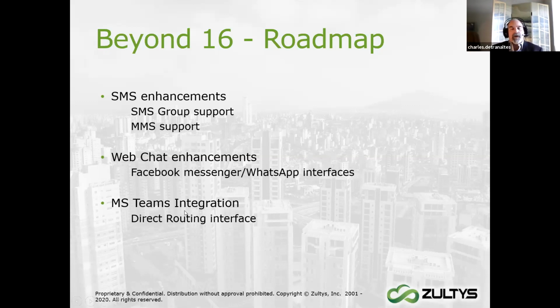So we are in the process of looking at a direct routing interface, how to make that happen, so that clients who want to utilize the UC capability of the Teams product, but want the voice capability inbound and outbound of Zultys, which is superior to MS Teams and most likely more cost effective, will be able to take advantage of that. Also, I don't know, Justin, you mentioned, have we ever tried to get a DID number ported from Microsoft and what that would entail?